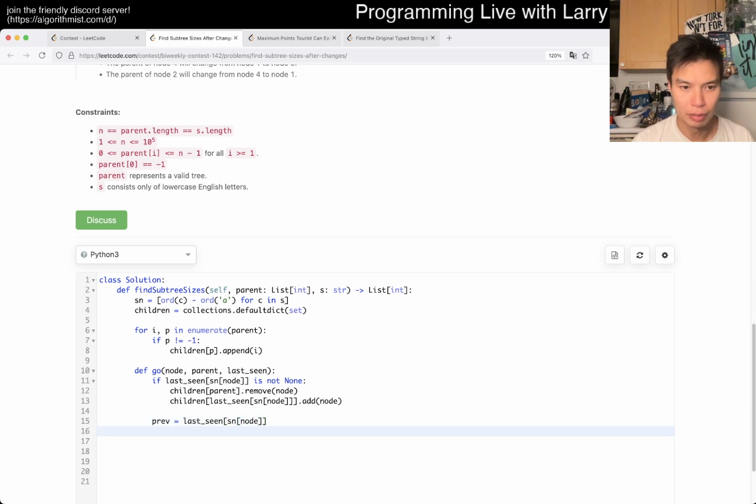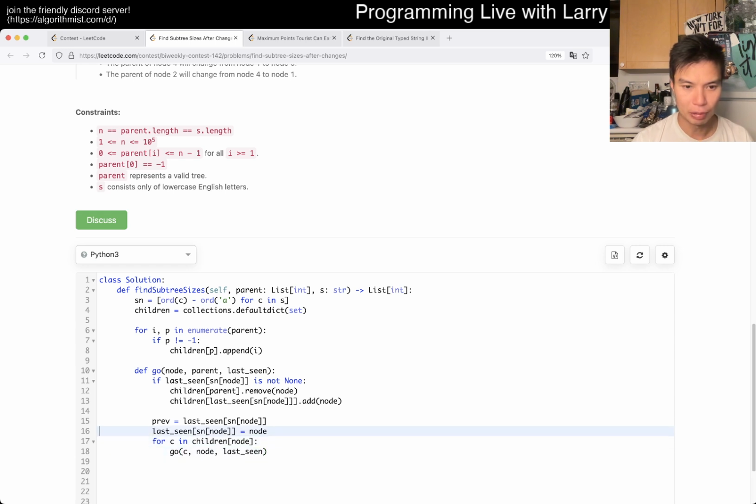So then we do recursion on the children of node. We calculate the children, the node is the parent, and the new last scene, the last scene of node, is equal to this node.